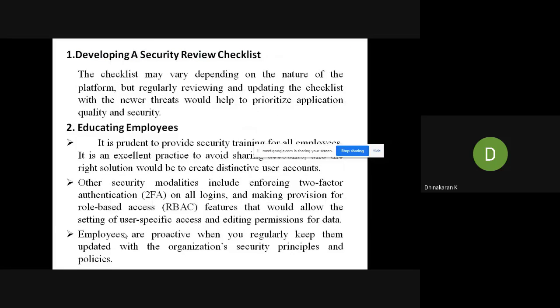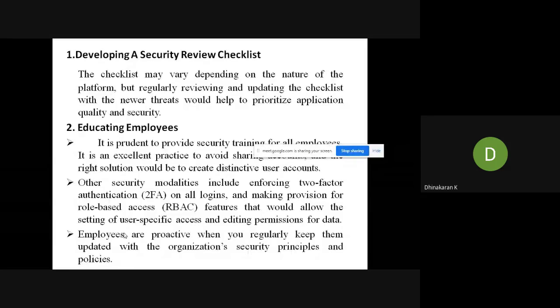Developing a security review checklist. That is very important. What does a security review checklist mean? The security review checklist may vary depending on the nature of the platform. For example, the design of the AWS platform is different, the design of Azure is different, the design of Google is different, the design of IBM is different. But anyway,